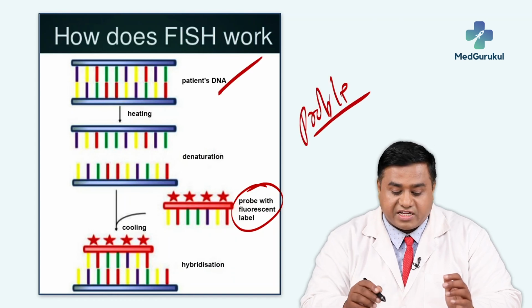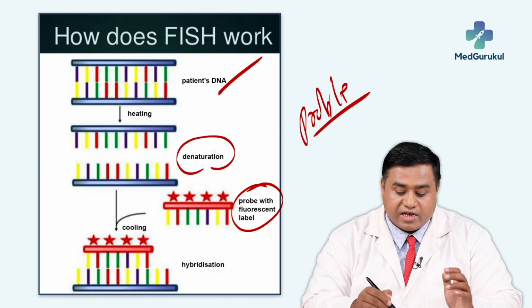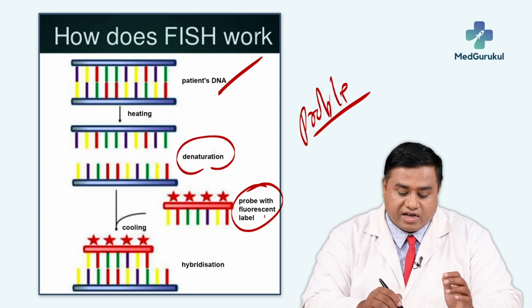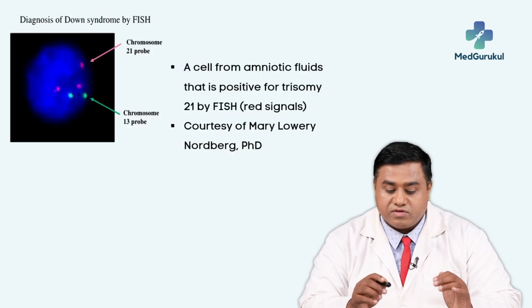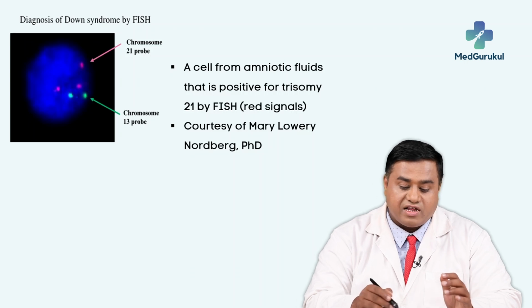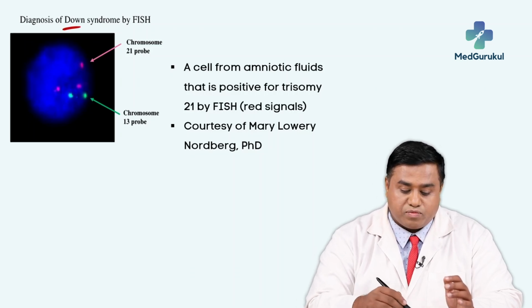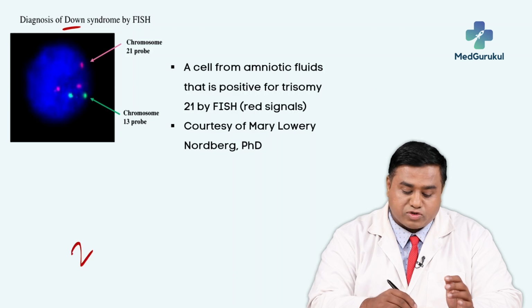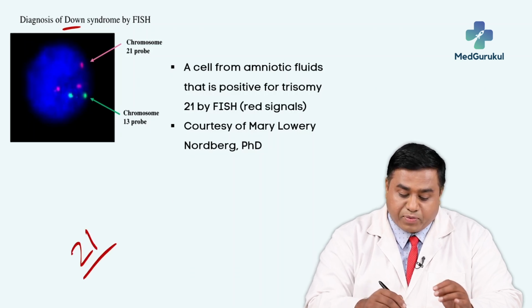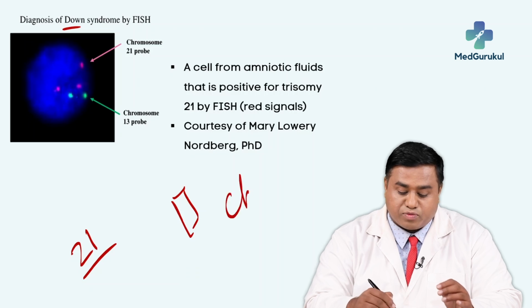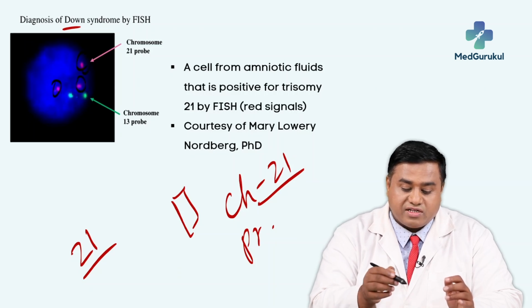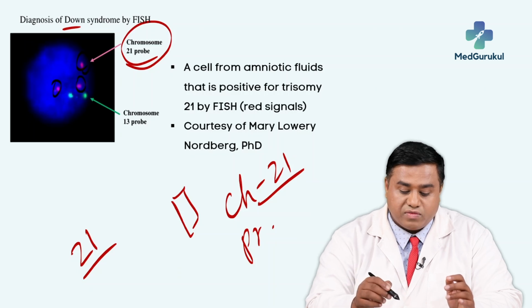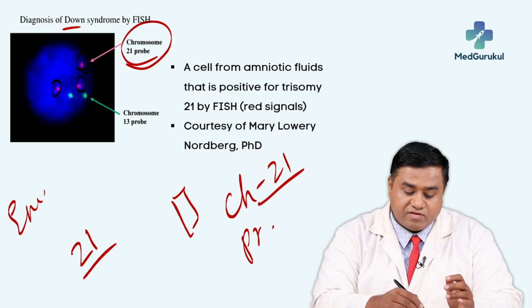So, a patient DNA is taken, it is denatured, a probe with fluorescent label is used, and with the hybridization technique it goes and binds to it, and it is used to diagnose a variety of diseases like Down syndrome. We know that in Down syndrome there will be 3 copies of chromosome 21. So, a particular gene segment in the chromosome 21 is probed, and if we get 3 signals like we are getting in this picture, that suggests the patient is having Down syndrome, and it can be used for Edward,